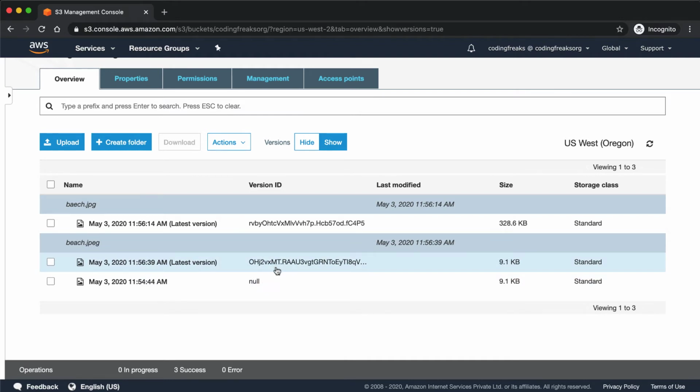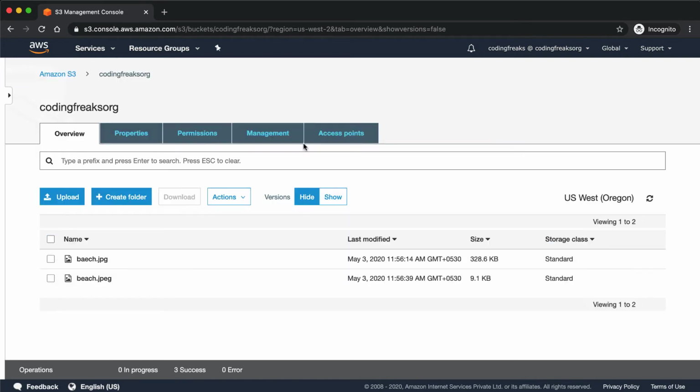So when maintaining versions, you have to be very specific with the storage. This time the total storage which we are consuming is for 3 files, not for 2 files. If you enable versioning, then we have to be very cautious about the storage we are going to use. If we have multiple copies of the same file, we will require multiple times the storage, respective to the number of files we have.